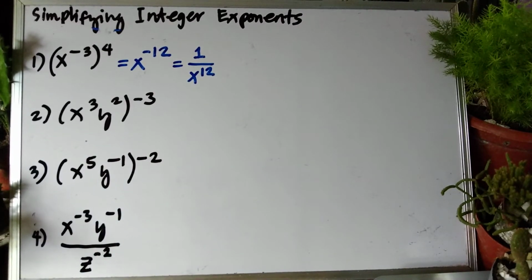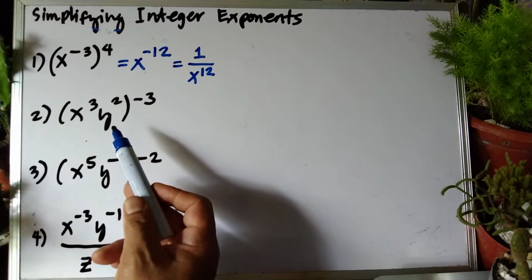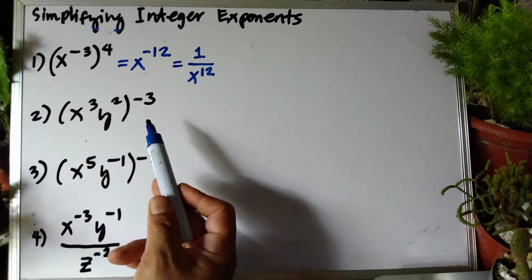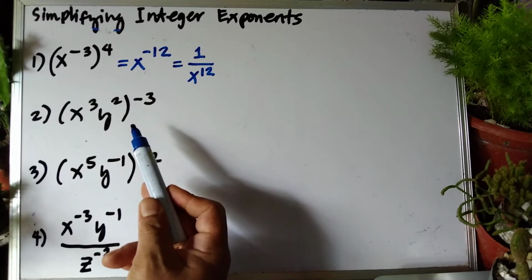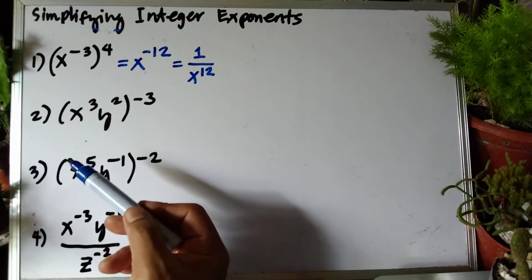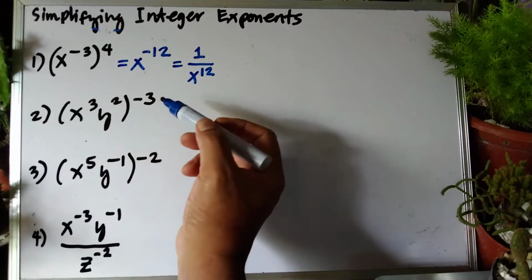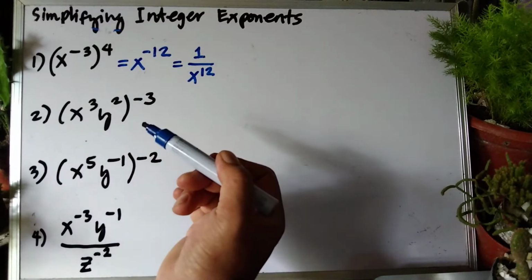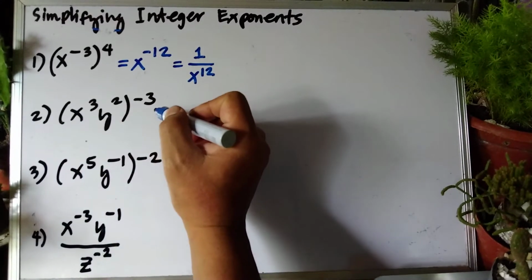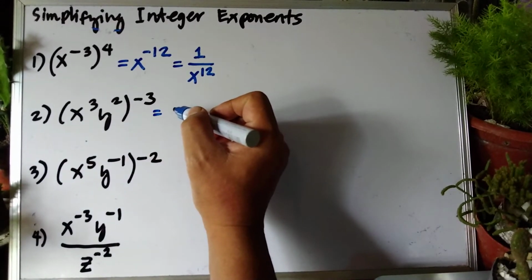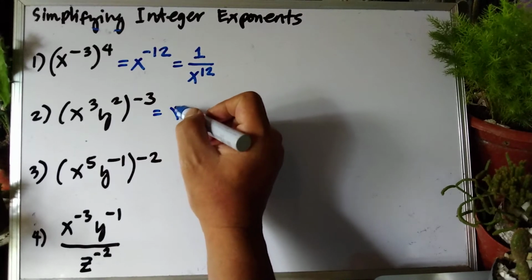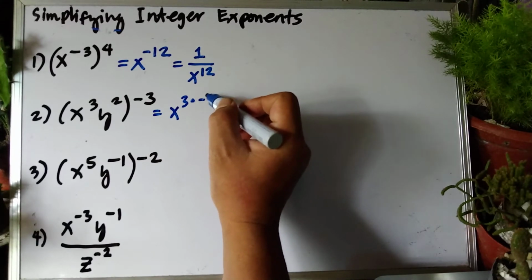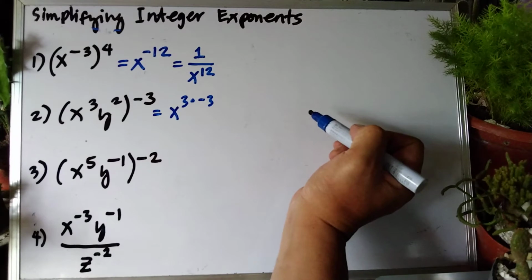Okay? So, x cubed y squared is raised to the negative third power. So, what are we going to do here? Okay, this is an example of the power of a product. We just simply multiply to each exponent. So, using the law of exponent, the power of a product, you have here, copy x cubed times negative 3. Maklaro ba? Or,